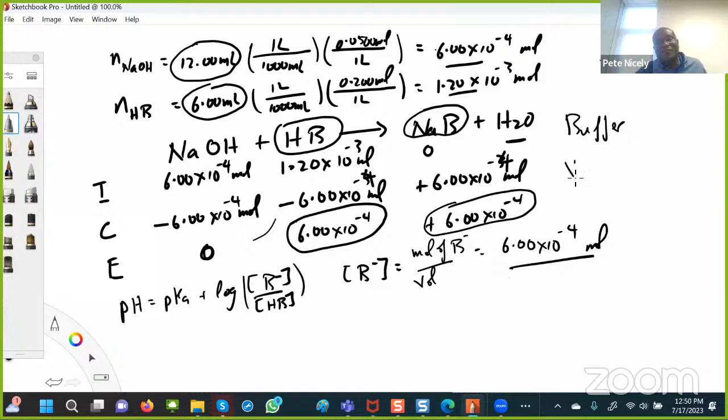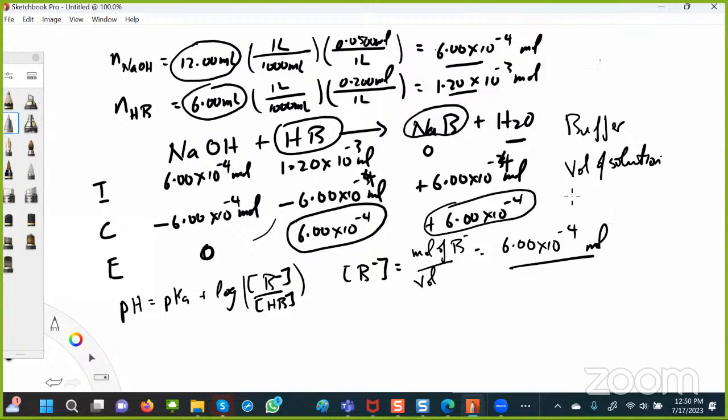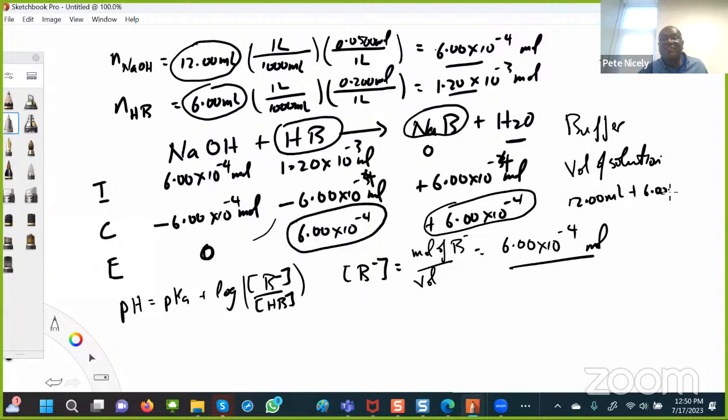Let me do that here. Volume of solution. What is the volume of the solution? 18 milliliters. Exactly. It's 12.00 mL plus 6.00 mL, and that's equal to, as you correctly said, 18.00 mL, right? So basically, you're going to divide by 18.00 mL. And of course, you have to convert that to liters, 1 liter over 1,000 mL, all right? And according to my calculation, this works out to be equal to